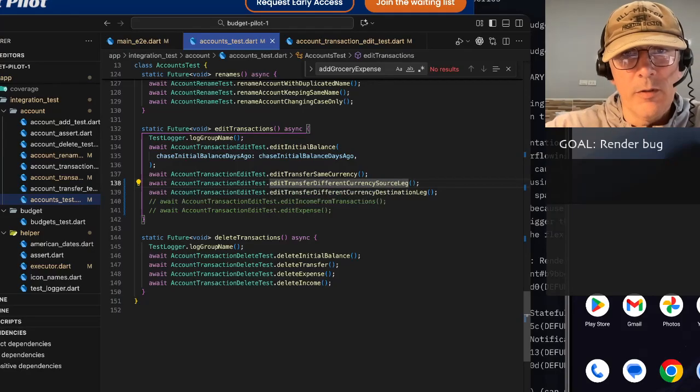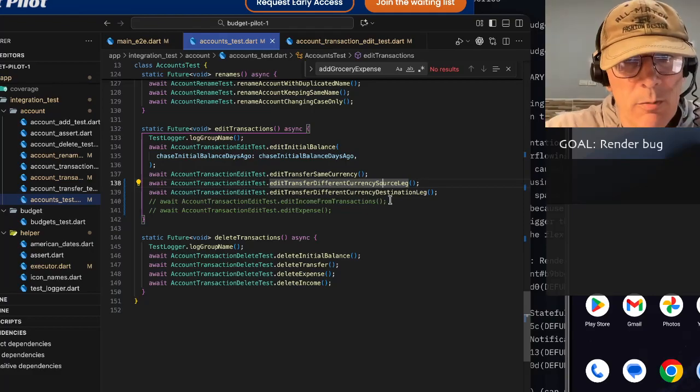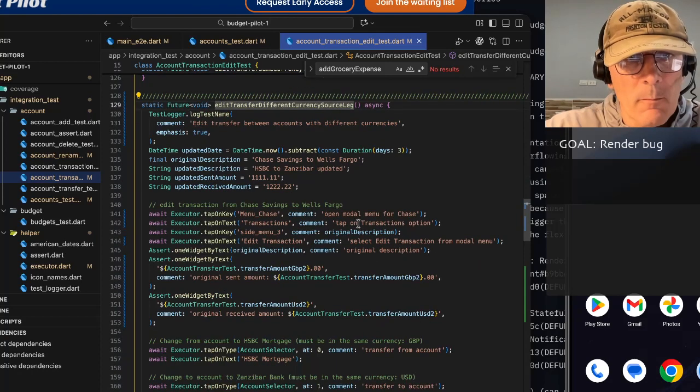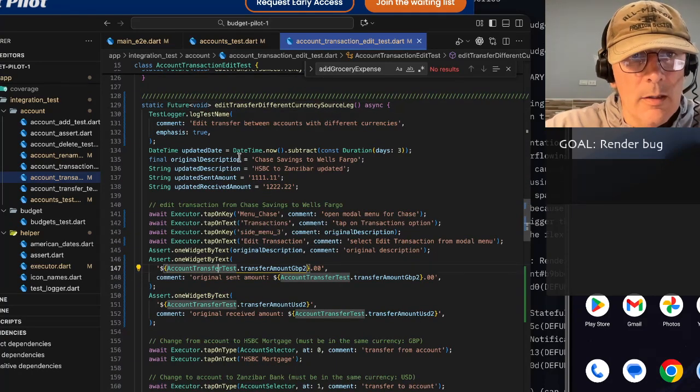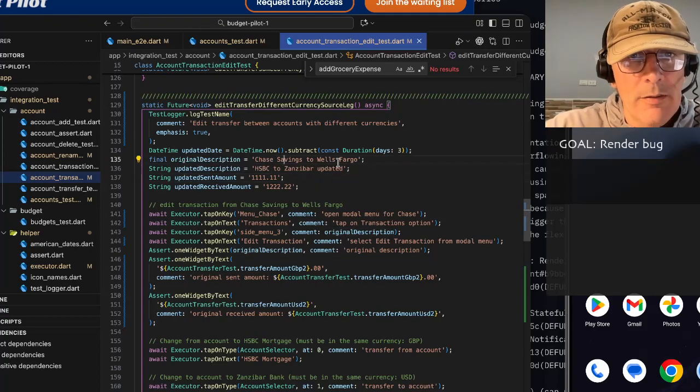What's the opposite of destination? Departure? No? Well, source and destination. Okay, yeah, that makes more sense to me. But the issue is here, we want to edit the destination. The destination was savings, it was Wells Fargo, but then we changed it